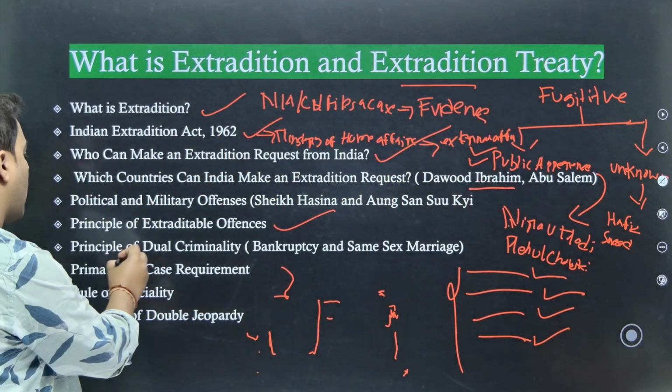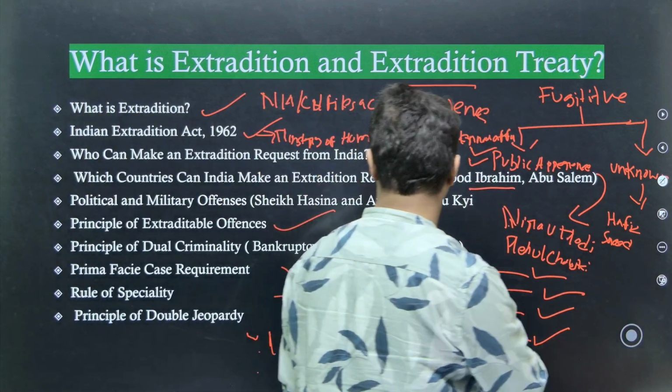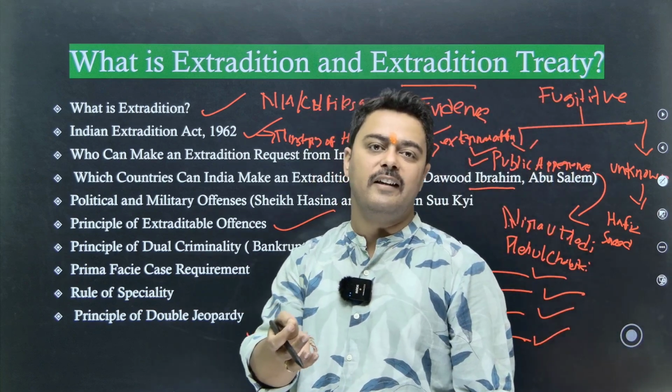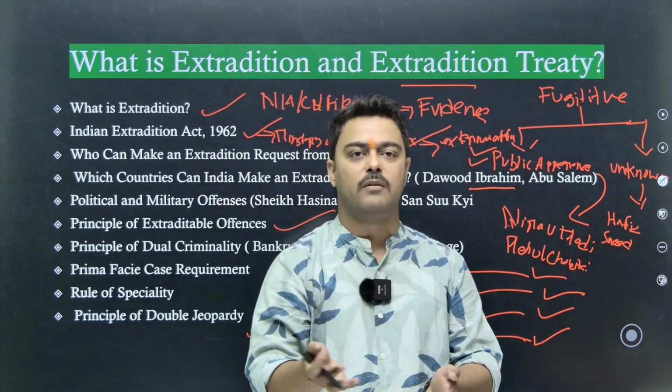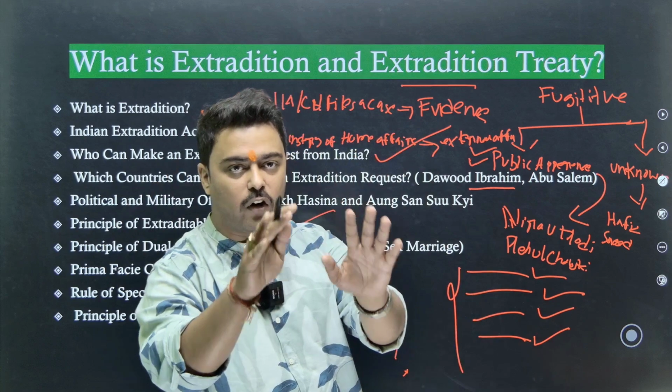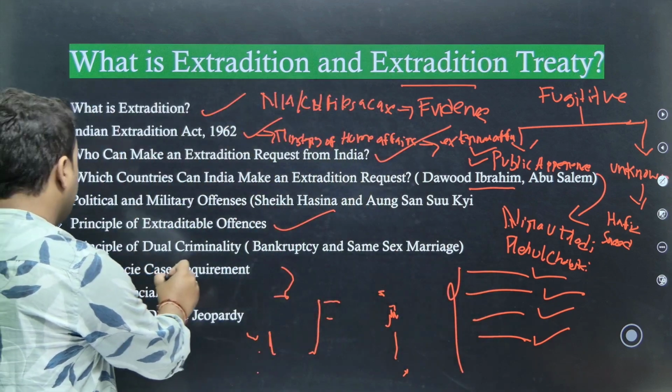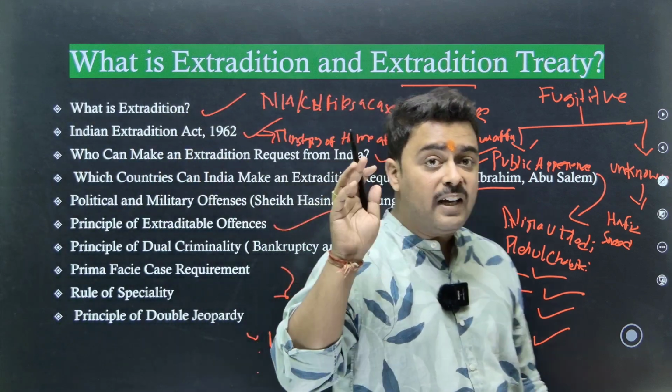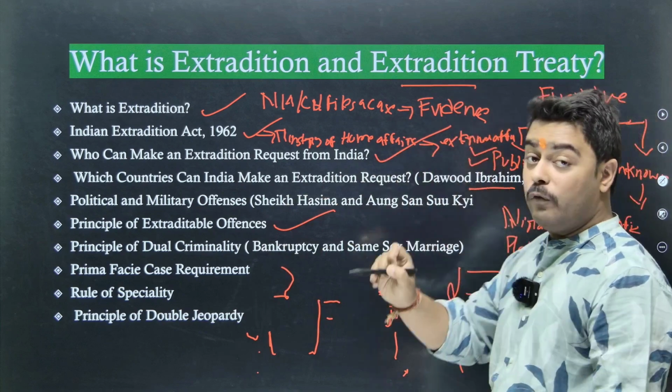ठीक है, now I hope this principle of dual criminality is very much clear to you all. In UK pornography is legal, but in India it is illegal. Again, you cannot come to a negotiation for extradition for that particular case. Prima facie case requirement. Now to make an extradition, as I said before, the agency has to gather sufficient evidence